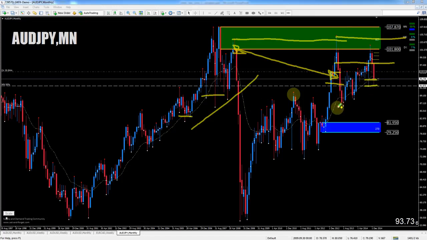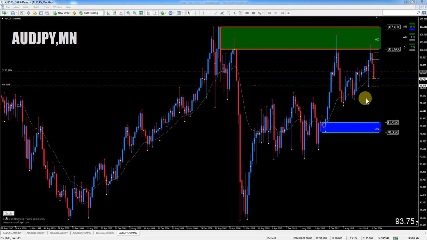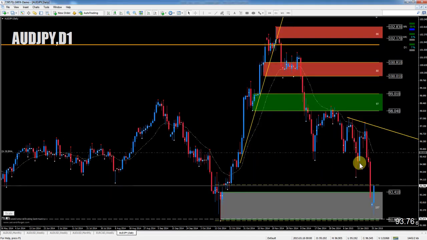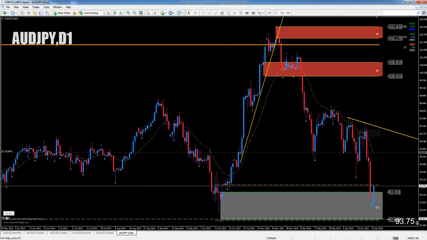Because we still are respecting the trend line on this monthly and the weekly. On the monthly we're respecting the ascending trend line and all that. Those are other videos and lessons that we have covered already, so you should watch them. But we are talking about how to locate zones and when a zone is tradable and not tradable. So this area over there, over here, they were tradable